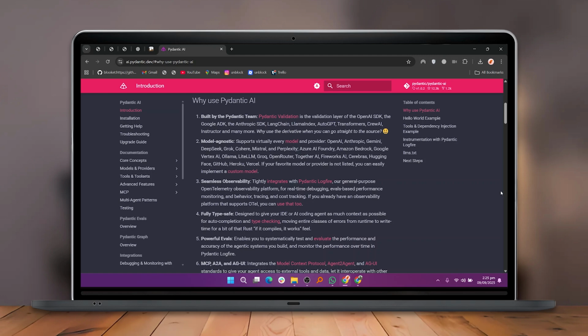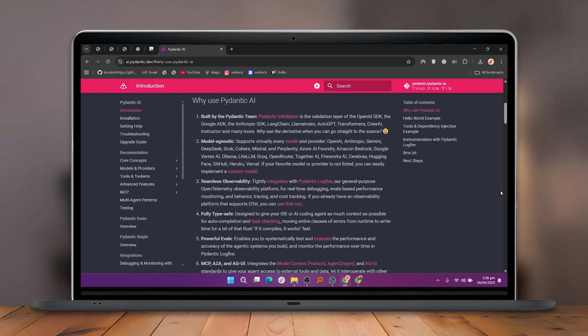Pydantic AI also supports asynchronous operations, which improves efficiency for tasks involving input and output, such as data fetching or interacting with APIs. Developers can build multi-agent systems, allowing several agents to work together to handle complex tasks. Integration with large language models adds more advanced AI capabilities, making it easier to create agents that understand and respond